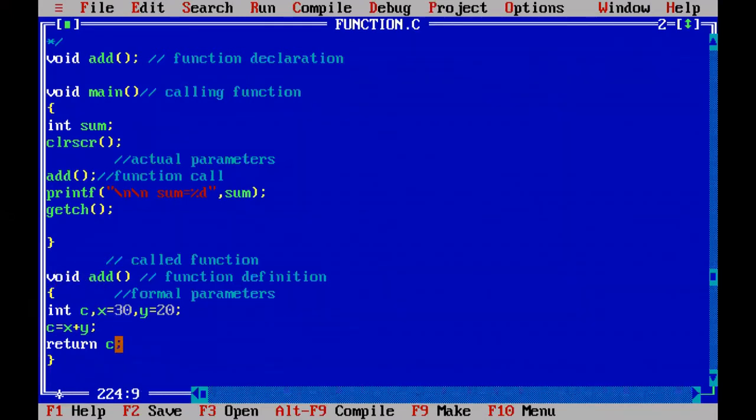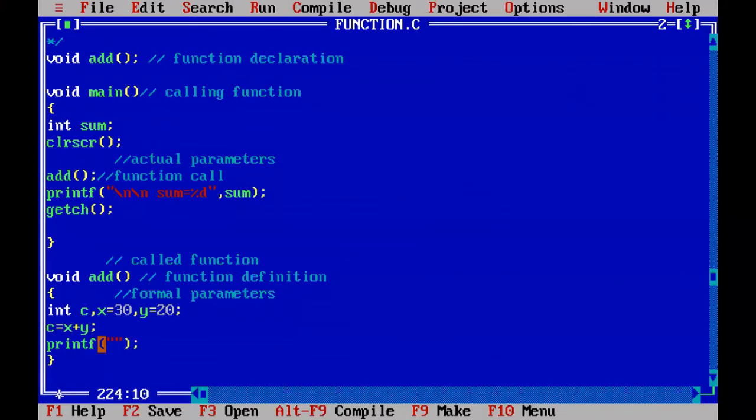Remove this statement here. If you are not able to return, how to print the result? If you are able to return the result, by using this printf statement you can print the result. But that c result, you cannot return back to the calling function. So if you are unable to return the result c to the calling function, then write one printf statement in the called function only to print the result c.